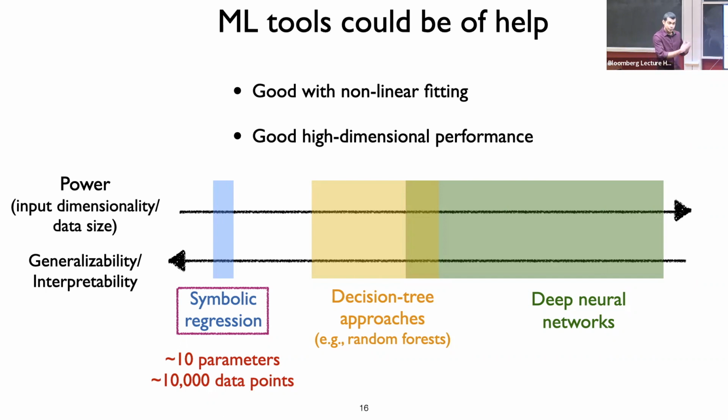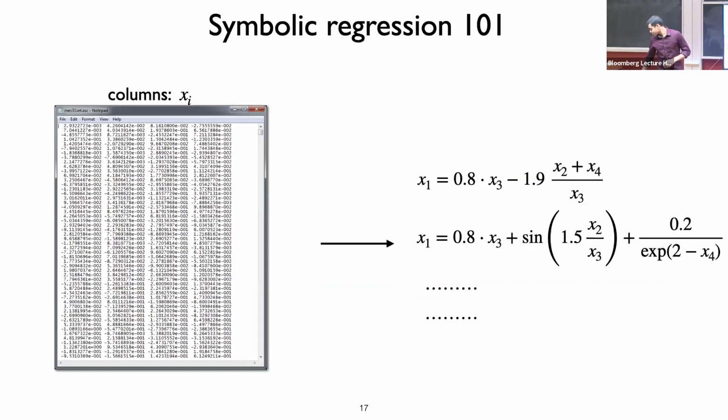Before going into how exactly we use this, let me give an introduction to this technique. Just to give symbolic regression 101: if you give this tool a data file, it will find, for the values in a particular column, what equations you can write with the different columns that provide the best fit. The input is just the data file and it will spit out equations like these, for example.